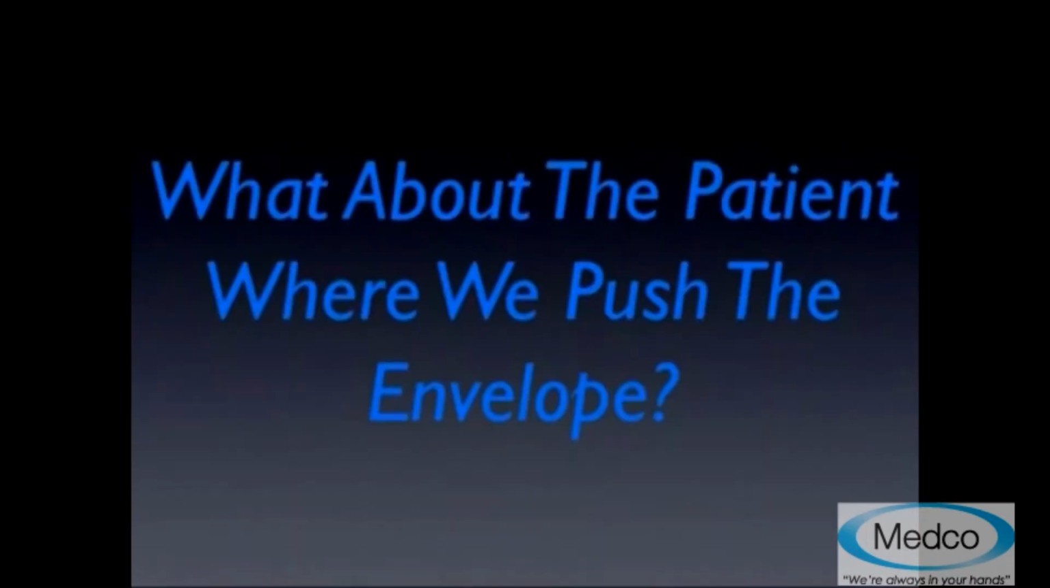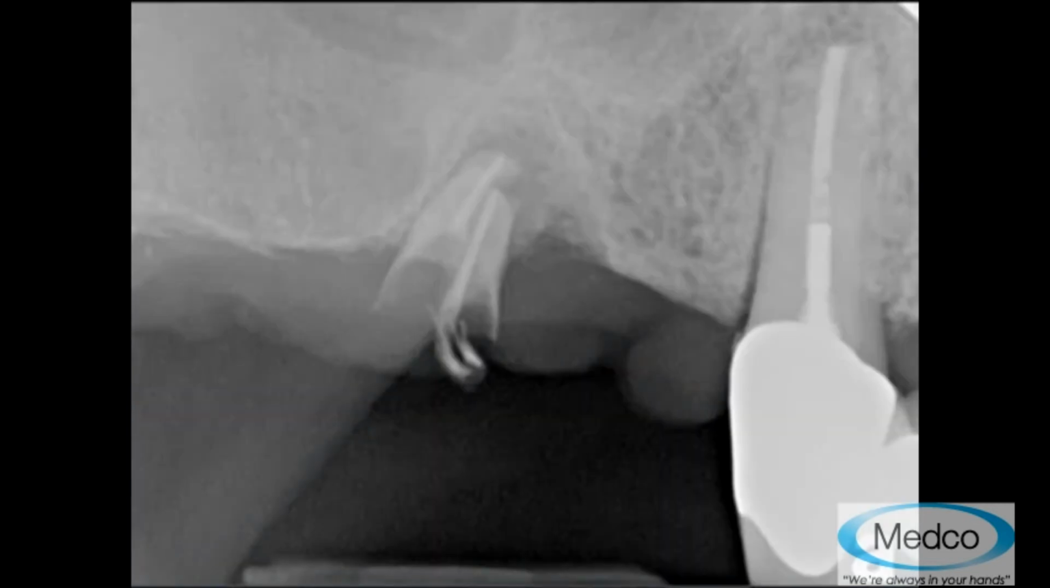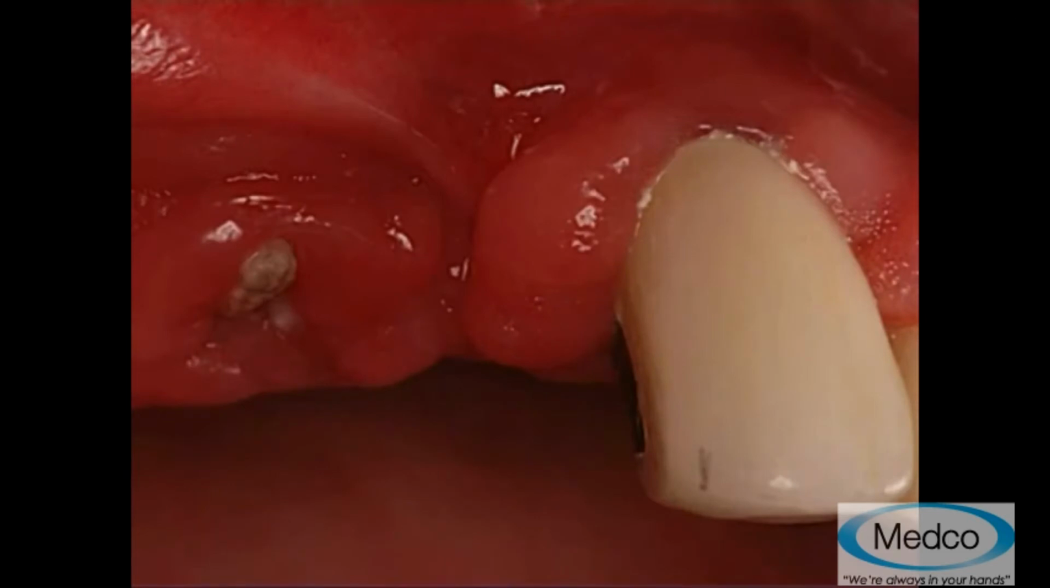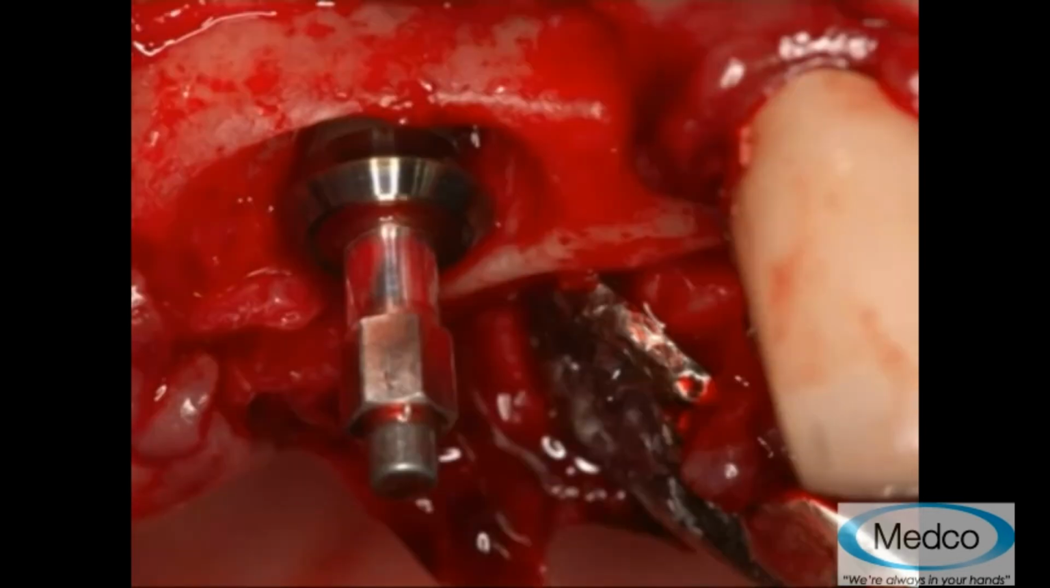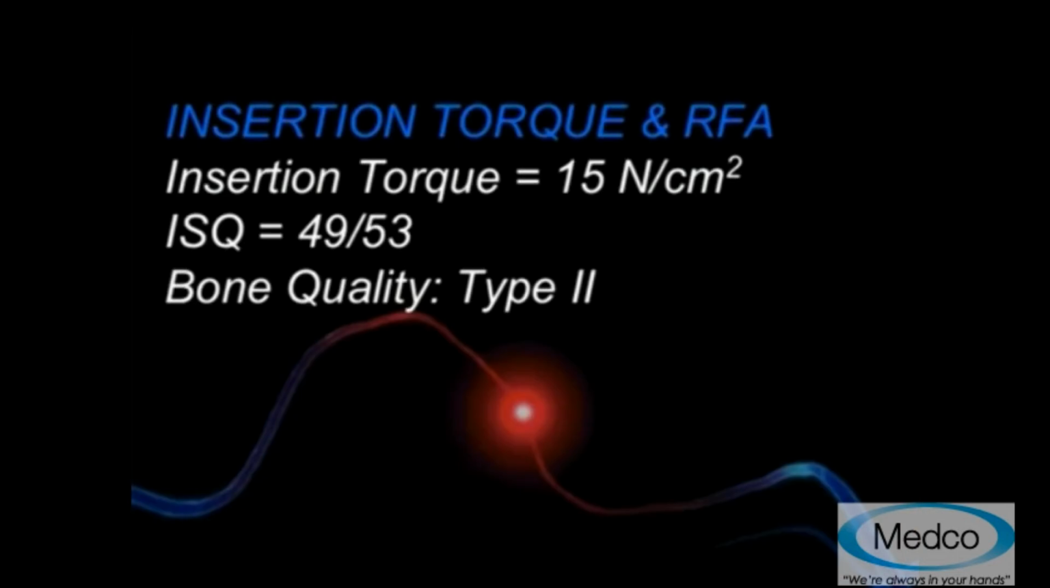What about the patient where we push the envelope, such as this, where the patient is unable to afford a sinus elevation in my practice? He cannot afford a sinus lift, nor does he want to go through with it. So in a situation such as this, when we extract the tooth, I was able to immediately place in the distal site, and the problem was I had an insertion torque of 15 Newton centimeters and an ISQ of 49-53, which